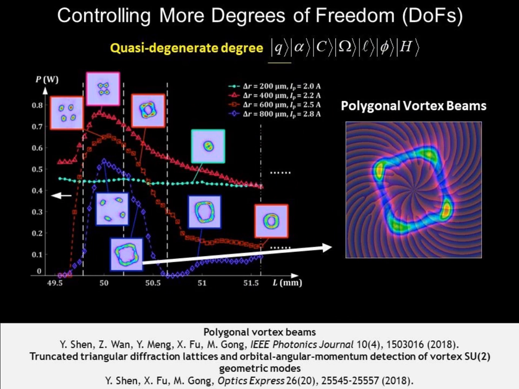In the above results, we only considered the degenerate state with a rational ratio, 1/5, 1/6. However, a more interesting phenomenon can be observed in the quasi-degenerate state, where the spots of each ray state can be connected to each other and form a polygonal shape. And such a quasi-degenerate degree is a new degree of freedom to control such a multi-spot shape or polygonal shape in the ray-wave structured beam. Therefore,